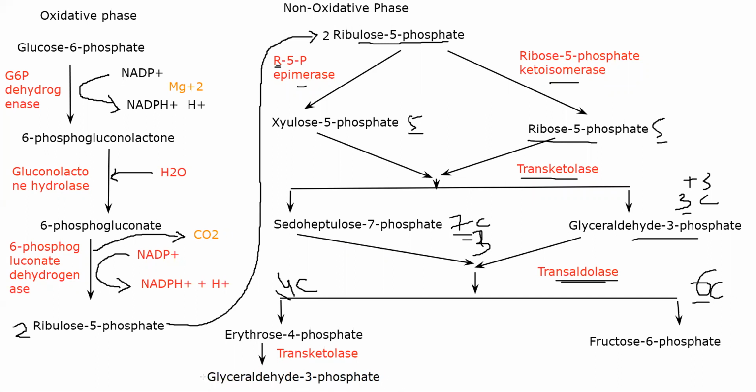So glyceraldehyde 3 phosphate, when subjected to several enzymes, or basically let me write it this way, a reversal of glycolysis. Okay, so let us put it in a different color. Right, if you reverse glycolysis from glyceraldehyde 3 phosphate, you end up getting glucose. So you'll have to repeat the whole reaction 2 times, even the oxidative phase, to get 2 molecules of glyceraldehyde 3 phosphate to get glucose.